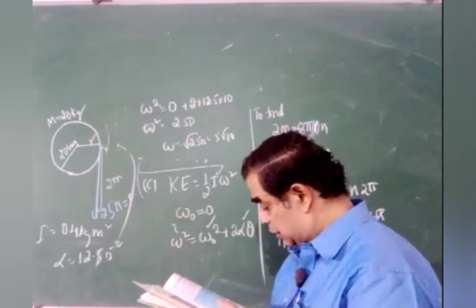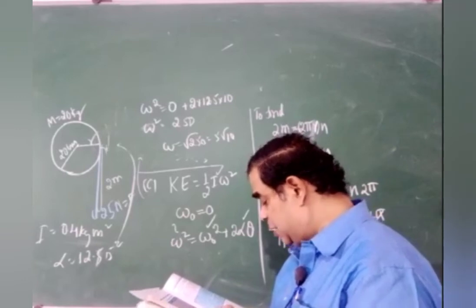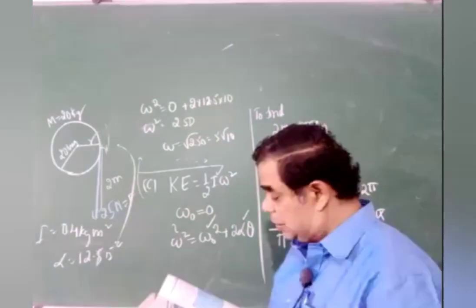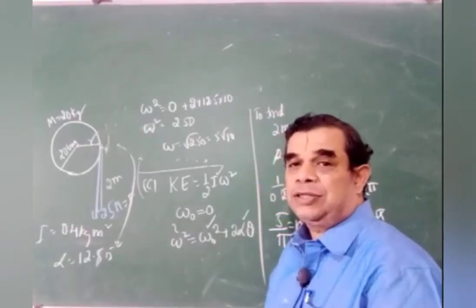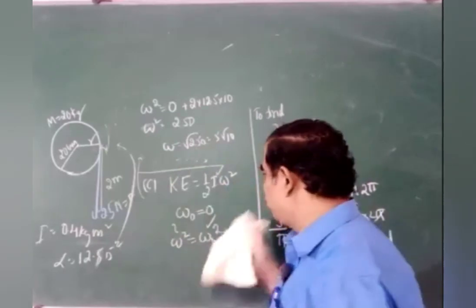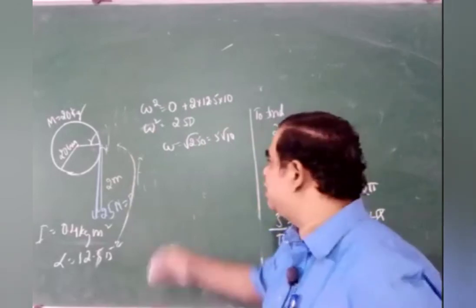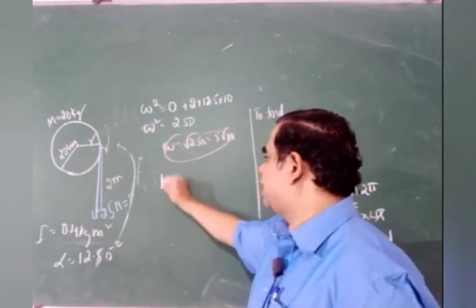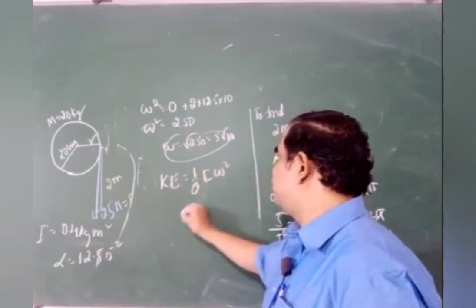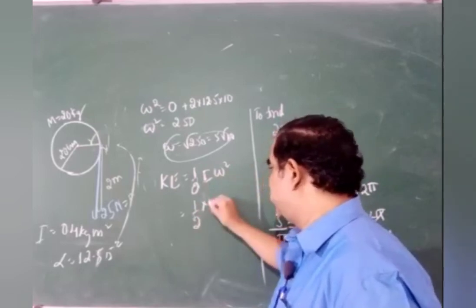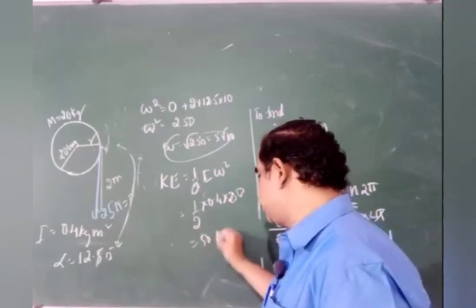What is asked in this part? Kinetic energy is only asked. We need not get the omega value, my dear friends. In the third part, they have asked only the kinetic energy, not the omega. So let's not bother about calculating the omega. Why bother? If you have written this, then I rub this. Observe. There's no need for us to calculate this. We straight away go for kinetic energy equals half I omega square. We substitute everything. Half I, 0.4, into 250, which amounts to 50 joules again.